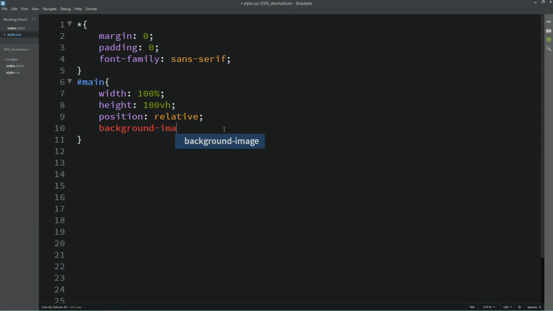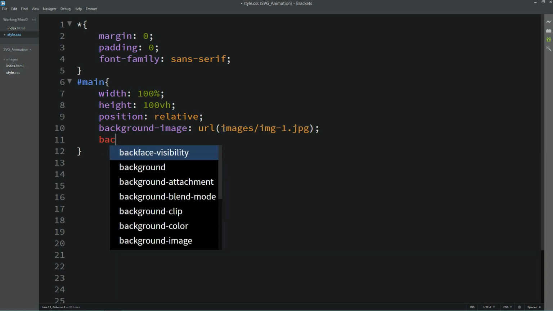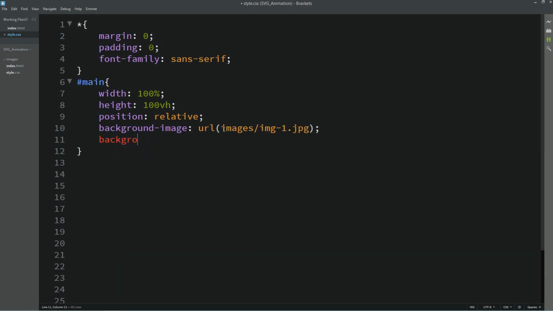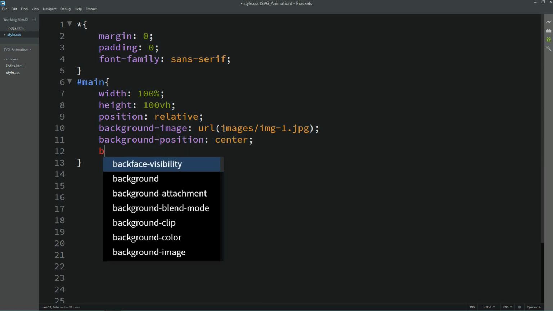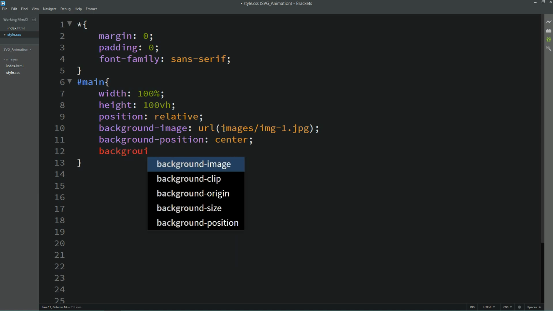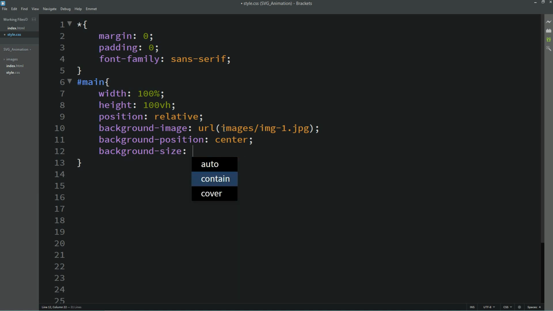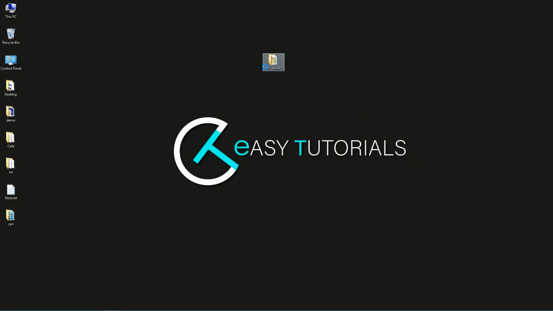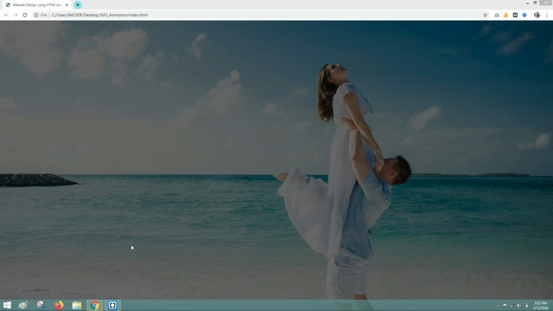Next we will add background image, then URL and the image file path. Then background position will be center and background size will be cover. Save these changes, then open the HTML file with any web browser. I am opening with Google Chrome, so you can see this background image on this website.